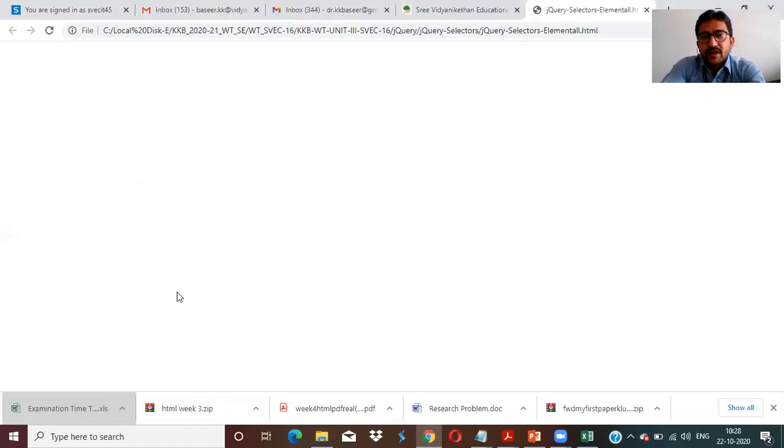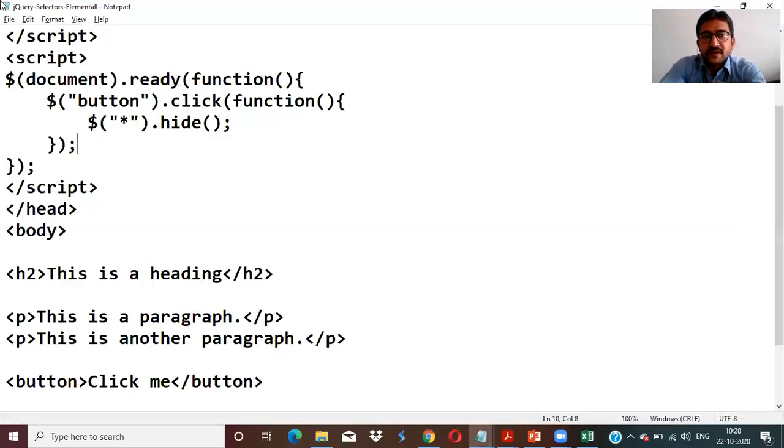If you see the code, when I click the selector in HTML, what type of action has to be done? Star dot hide means it will hide all the elements. It may be a paragraph, it may be a button, whatever is inside the HTML code, everything needs to be hidden. That's how we mention it.